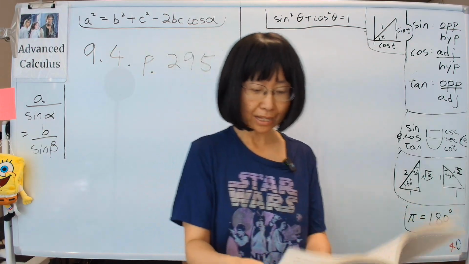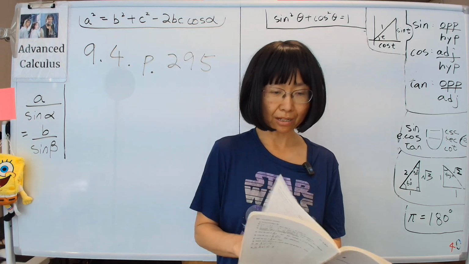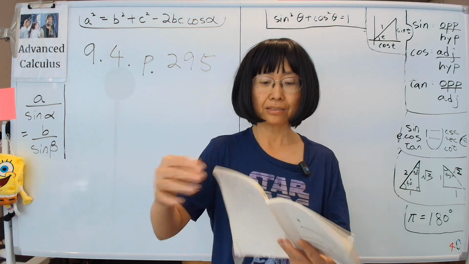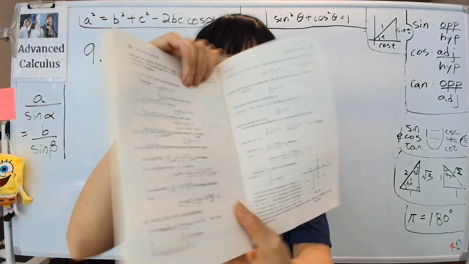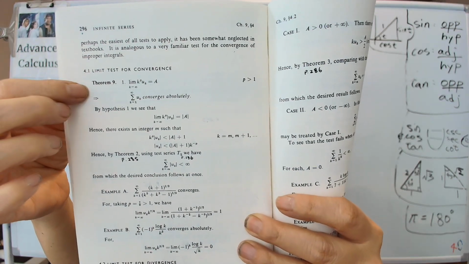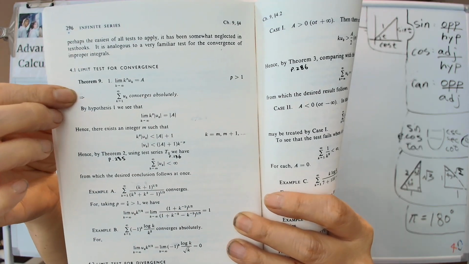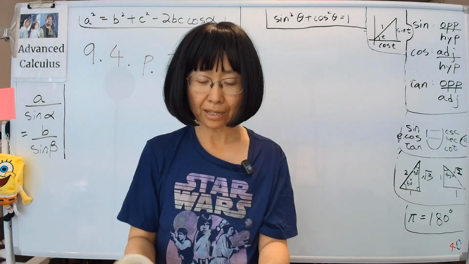All right, so today let's start at section 9.4, limit test, which is on page 296. There's a little bit on 295, some quick introduction, and also on the following page. Please read that yourself, okay? And we will proceed with subsection 4.1 on theorem 9, which states that the limit, if the limit of k